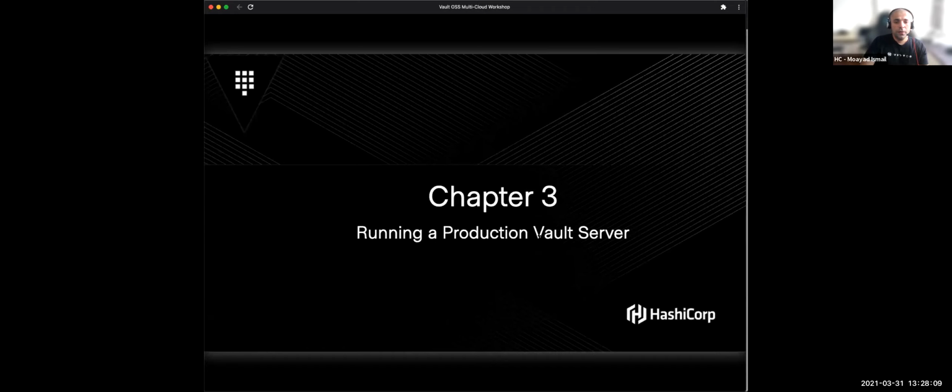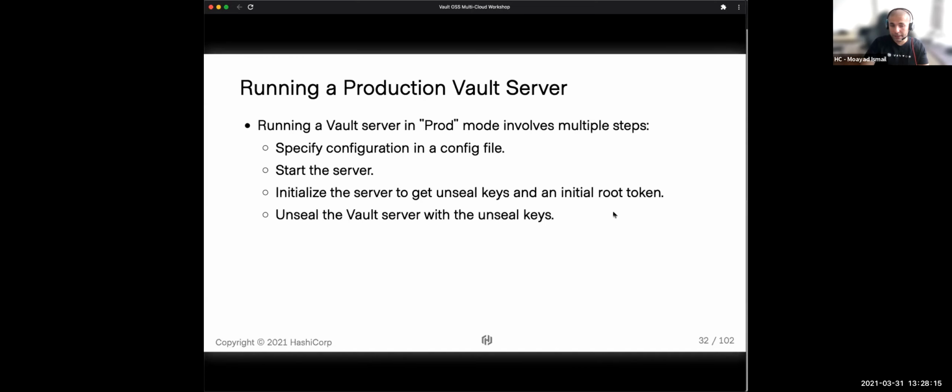Cool. So let's talk quickly through how to set up a production Vault server. You will set one up in the lab, but I'm just giving you some insights. You need to specify a configuration file when you're bringing up a Vault server in production mode. The next slide will cover some of the components of this config file. Once you've built your config file, you start the server, and then you need to go through an initialize process.